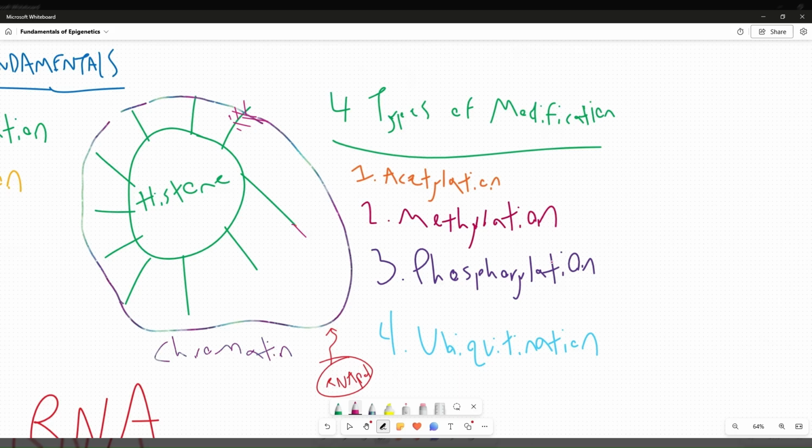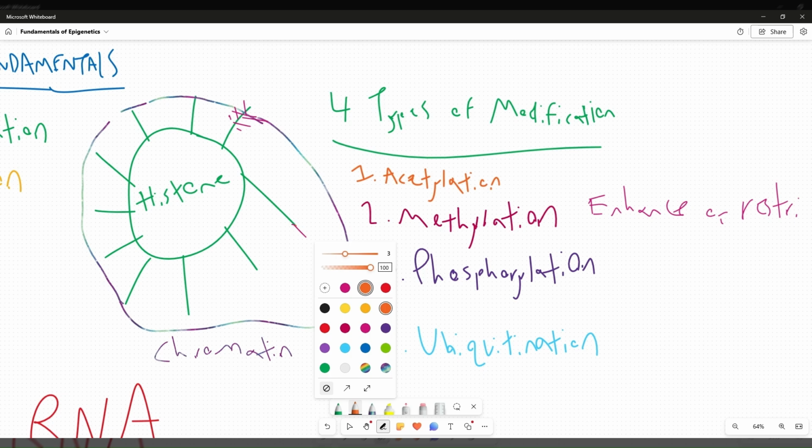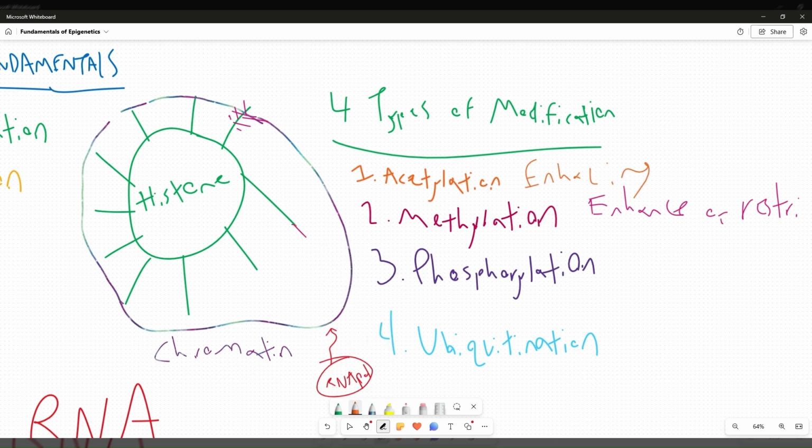So we could say enhance or restrict. You can see, yeah, it's there. Stuff that counts. So acetylation is just always enhancing. Okay, and then these other ones, similar mechanisms. So we'll talk about